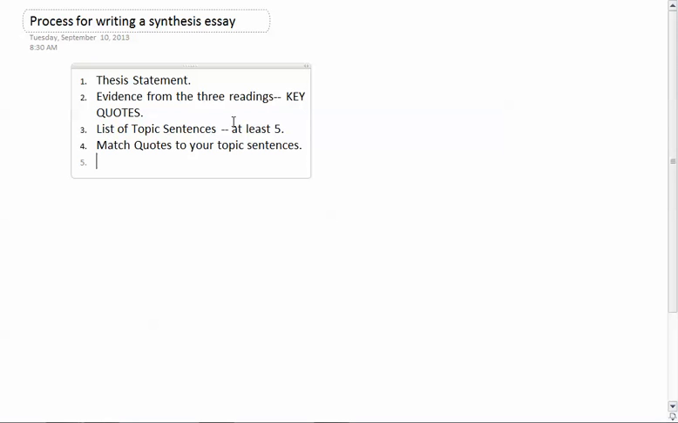vice versa, right? Because these body paragraphs have to include quotes from more than one of the sources in each body paragraph, right? You're not allowed to have a paragraph on Plato and then a paragraph on Whitman, a paragraph on Nicholas. You have to have a mix or a blend. That's what a synthesis is. So match the quotes to your topic sentences, and you basically at that point created yourself a working outline or a